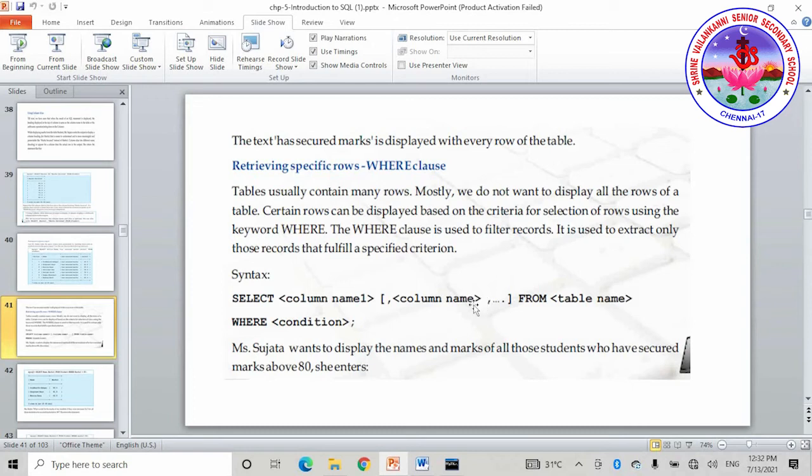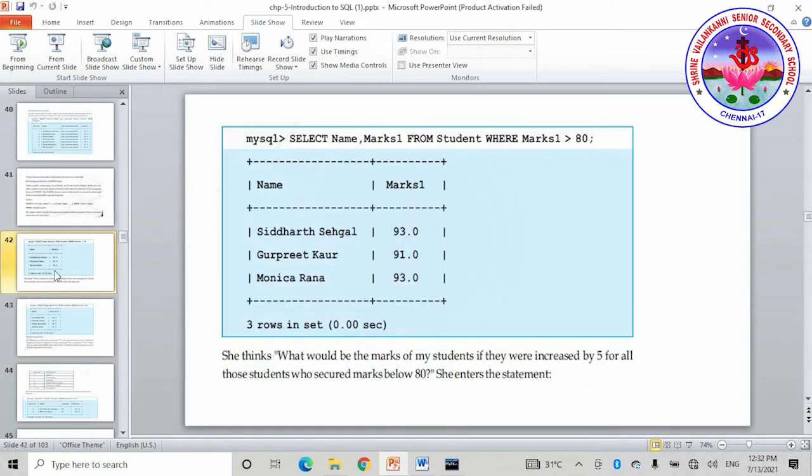A record is also known as a row. Yes, a row is also called a record, and a column is also called a field or attribute. Understood? So a row is also called a record or tuple, and to extract those records or rows, we have to use a query in this form along with the where clause. Select column name 1, column name 2 from the respective table name, and followed by the where keyword, you have to provide the condition. By looking at the example, you will understand much better.